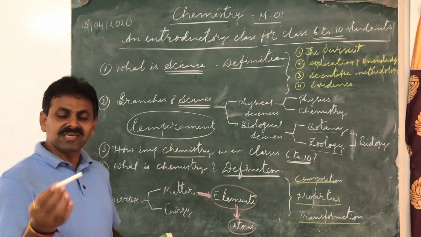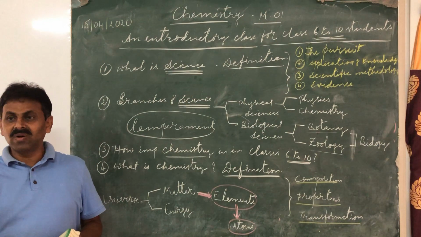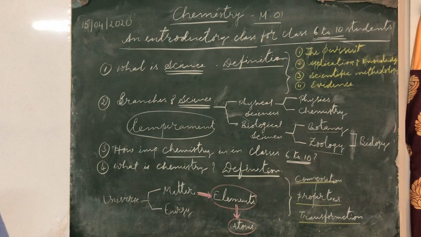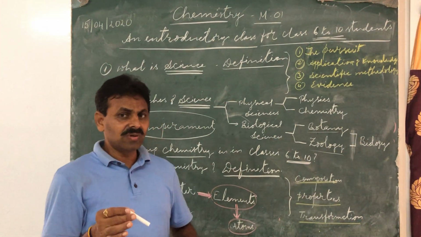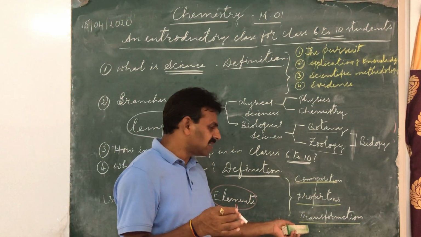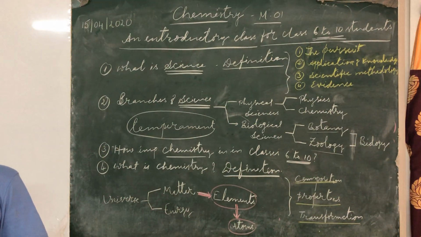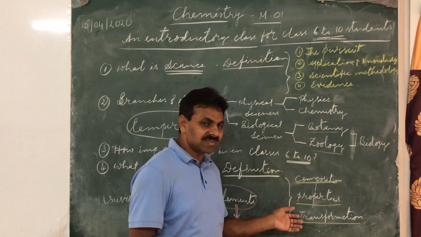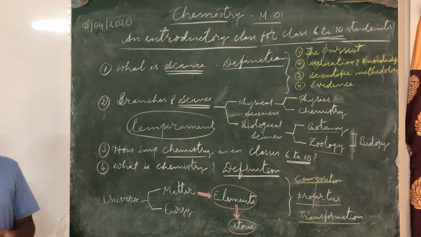Now this is nothing but calcium sulfate. I can treat this calcium sulfate with a substance so that it can change into another substance. So the third one is related to chemical substances, how they undergo transformation from one form to another form. So using these three terms, I can now define what is chemistry.